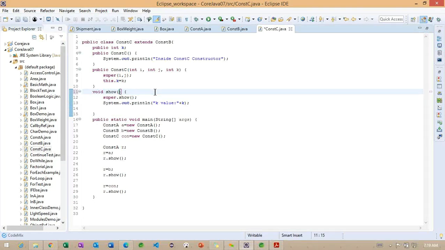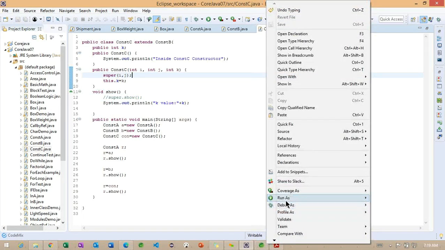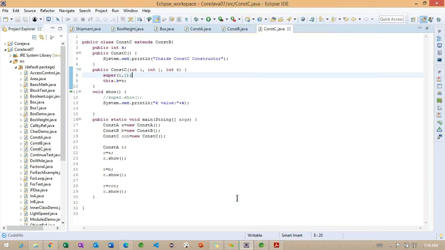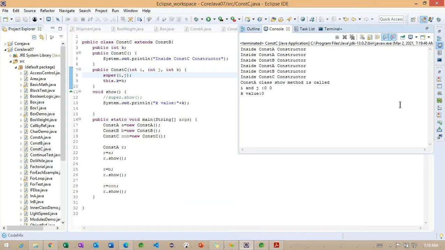Okay, so let me change this method because we need to make it the same here. Carefully observe here. Again, I'm trying to run the same example. You can observe here, the superclass constructor show method is executed because of the reference.